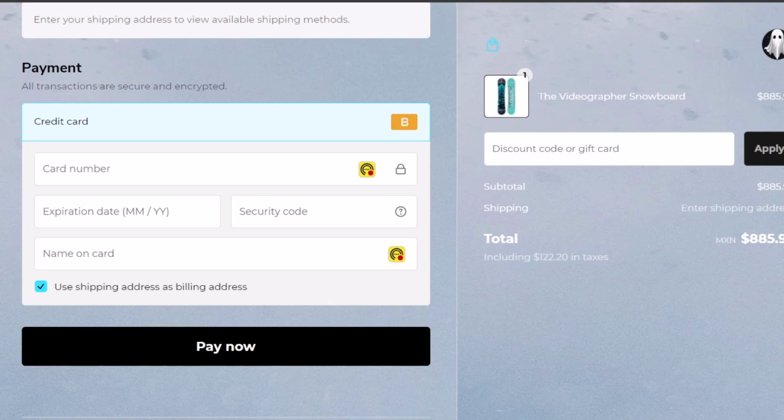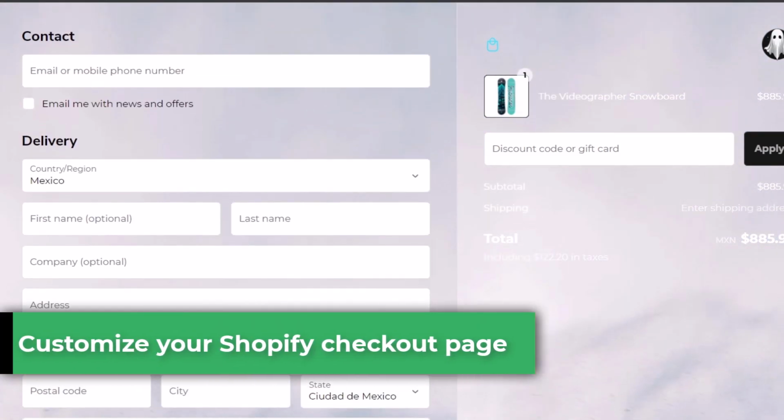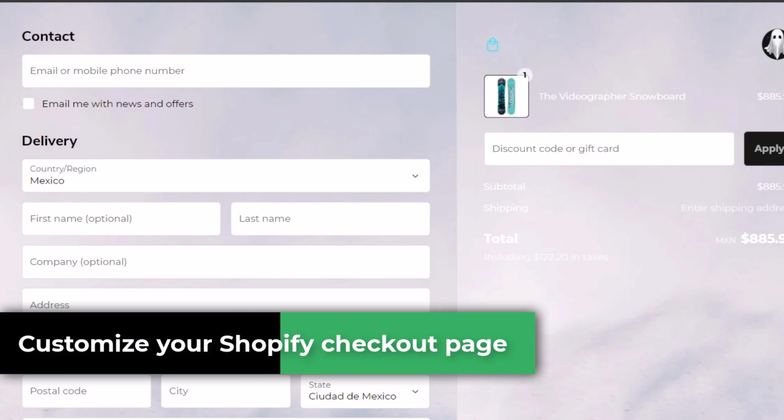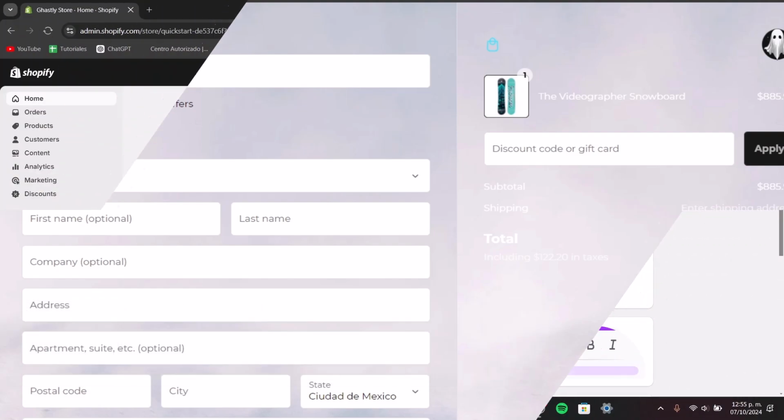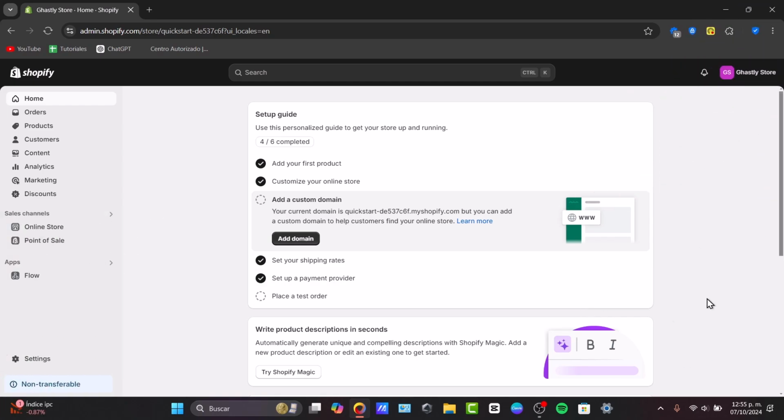In this video, I'm going to show you how to customize your Shopify checkout page to improve conversions and deliver a branded shopping experience. So to get started, first of all, I need to log in directly into Shopify and